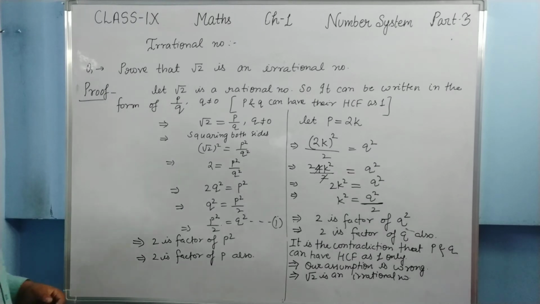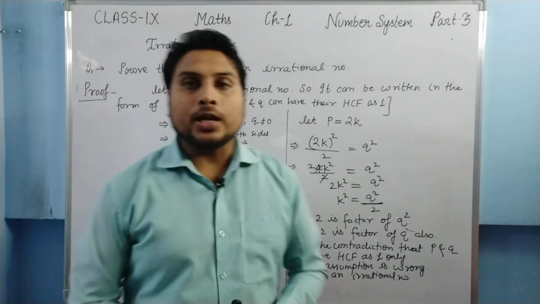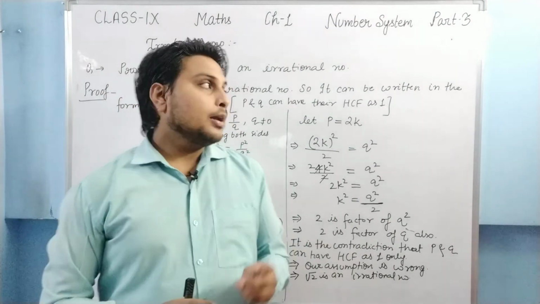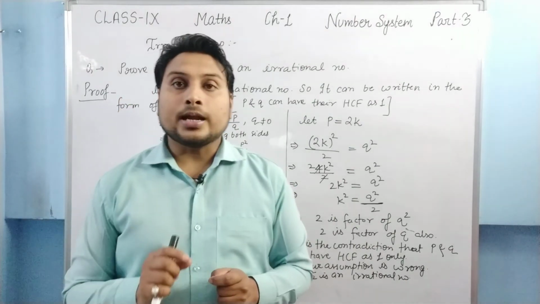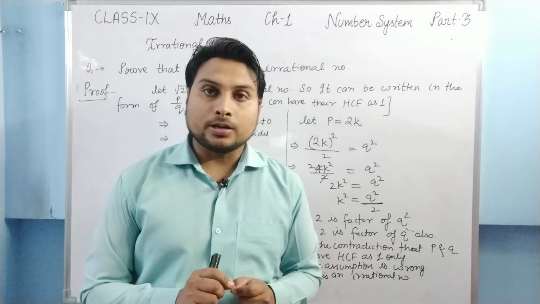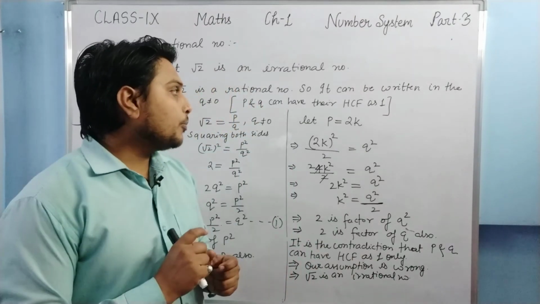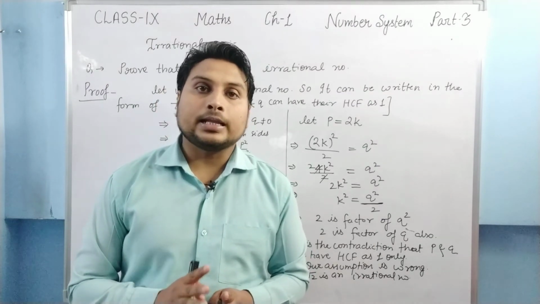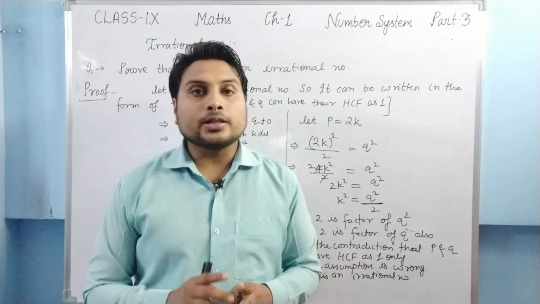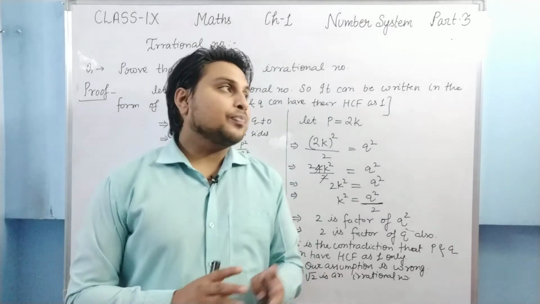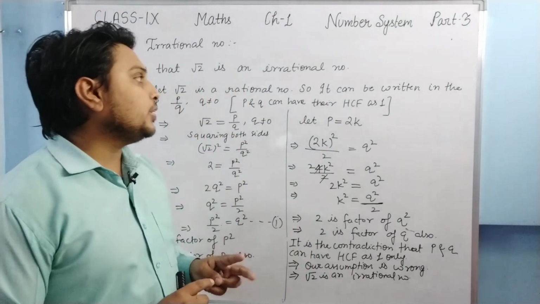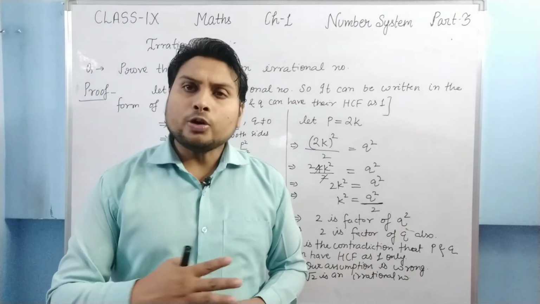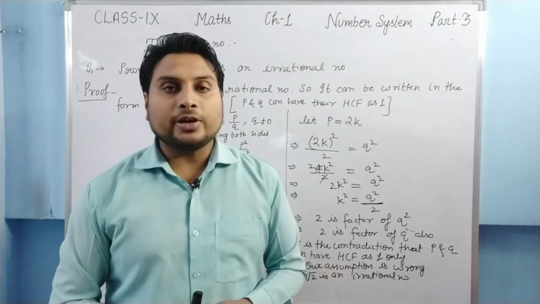So students, try to understand it one more time. The concept is very simple. The concept is what? If we have to show that under root 2 is an irrational number, then what property can we use? We can use the contradiction method, and in that method we suppose